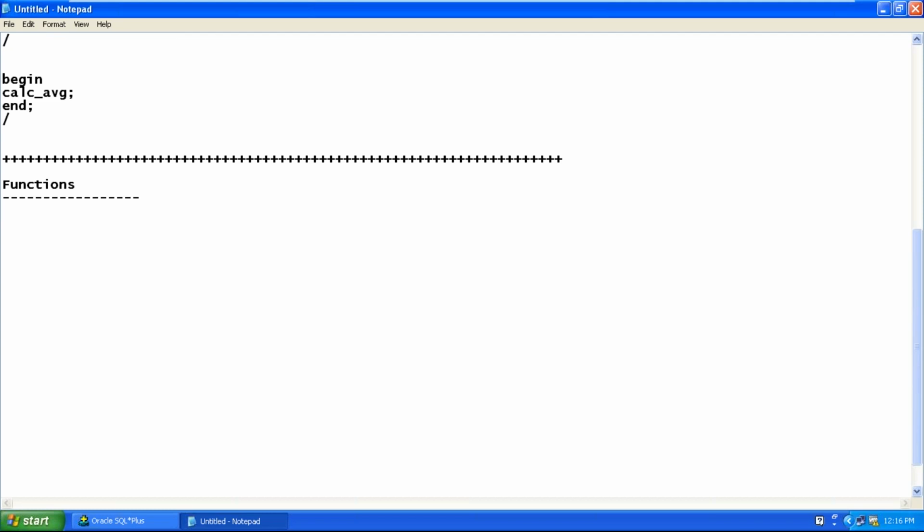Now function is same as procedure, but the only rule is that functions are permanently stored, which should return. Okay. Now before starting functions, we have missed one point. Can a procedure have parameters?